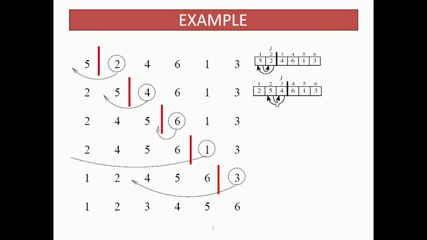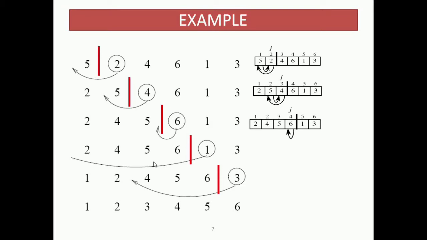We don't directly insert 4 here because the element first has to be compared with all the elements of sorted list, and as you can see, that is why we have stored it in a temporary variable. Now we compare 4 with 2 and since 4 is greater than 2, no swap takes place here and we get our sorted list as 2, 4, 5. Now our next temp is element 6. Now 6 is compared with 5 and as you can see 6 is already greater than 5, so no swap takes place, only the comparison does.